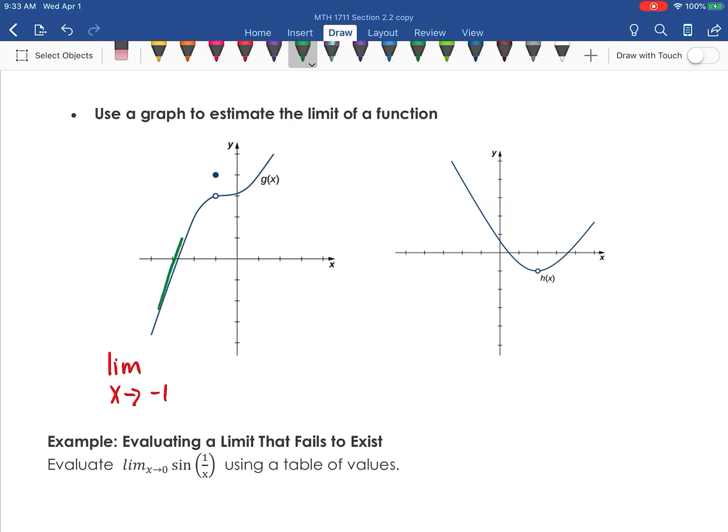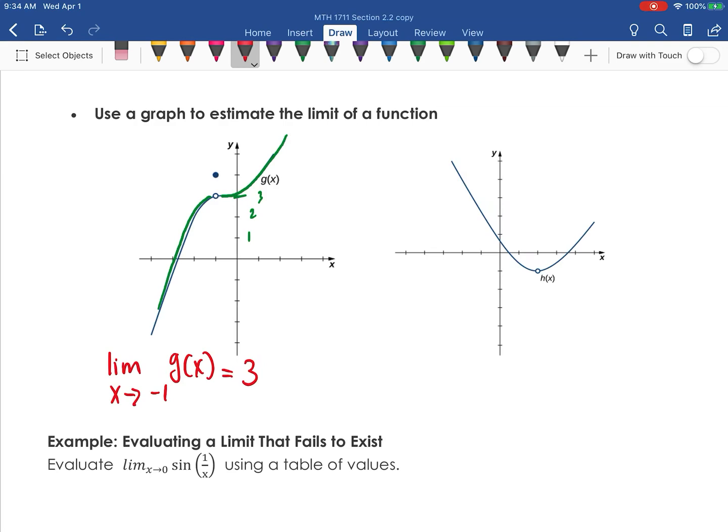If I'm coming from the left-hand side, I'm getting closer and closer to -1 for my x values, but for the value of my function, I'm getting closer and closer to 3. Coming from the right-hand side, I'm getting closer and closer to 3. So I'm going to write down and estimate that the limit as x approaches -1 of g of x is